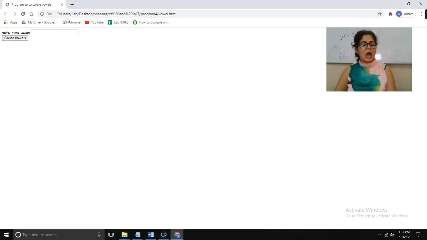So this is the output. This is the enter name text box that we have created using the form, and this is the button that we have created using the form's property. We just have to create only two things, a text box and a button. That's all.